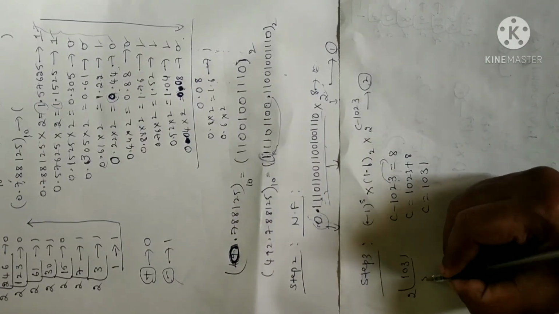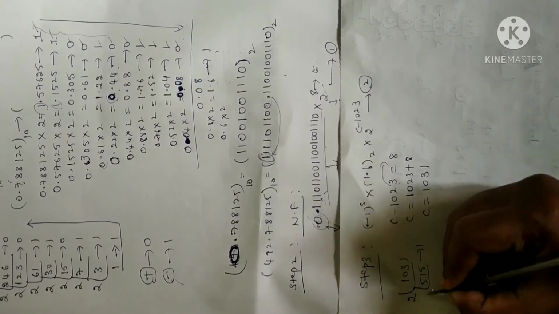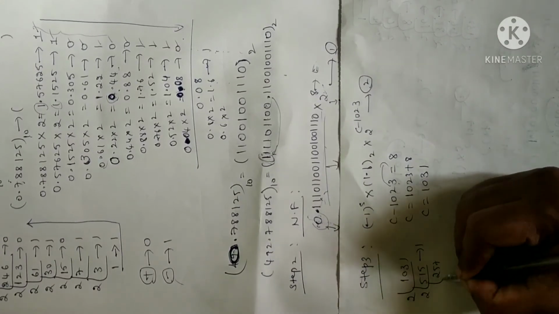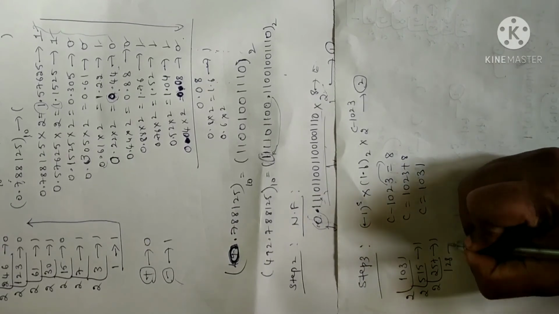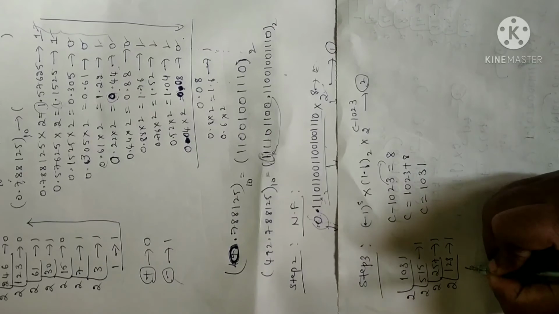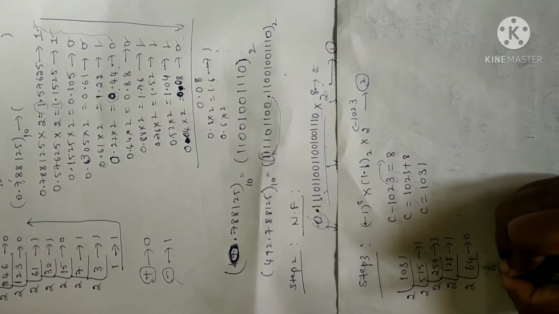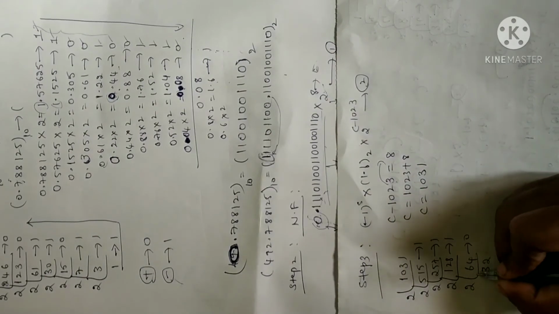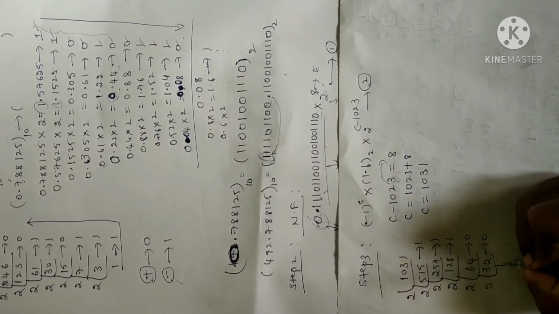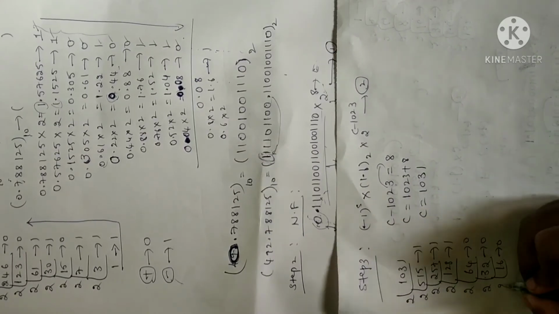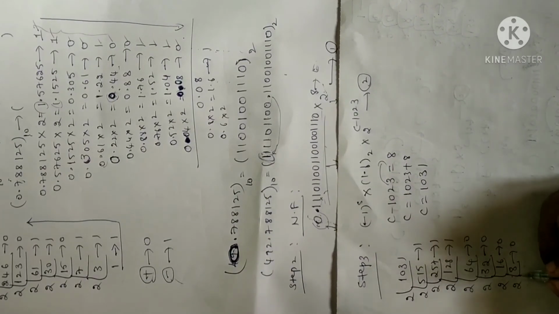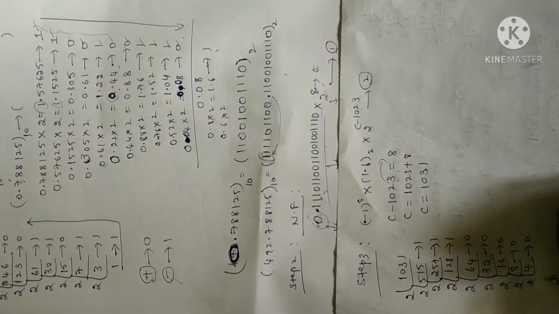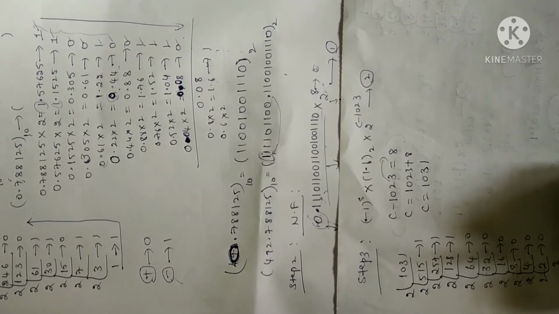Divide by 2, you will get 515, remainder 1. Again by 2, 257. You cannot use a calculator for this. You have to divide by yourself. If you use a calculator, you will not get the solution. Again divided by 2, 64, remainder is 0. Again it is 0, again it is 0, again 2 8s are 16, again it is 0, again divide by 2, you will get 4, remainder is 0, again 2 2s are 4, remainder is 0, again divide by 2, you will get 1 here, remainder is 0.